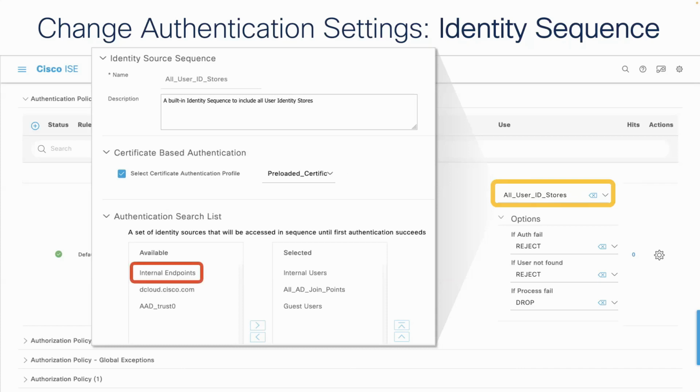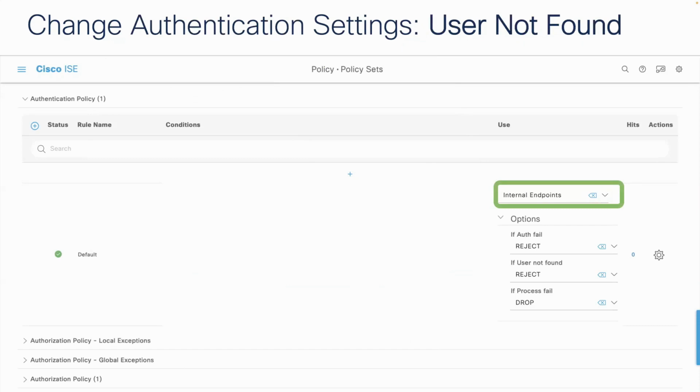And so if you start to do 802.1X or MAB, if you do MAB with ISE, by default, everything's just going to fail because it's never going to find what's called effectively the username or the MAC address in that RADIUS request. It's never going to find it because it's not looking in that database. So you need to change that. So make sure you change it to internal endpoints if you're doing MAC auth bypass,